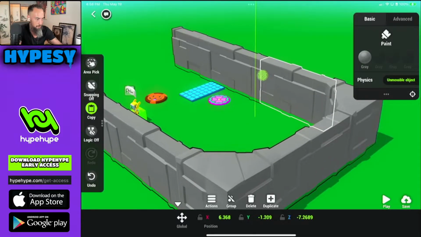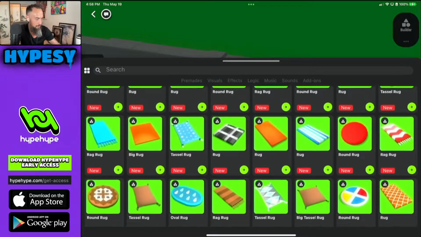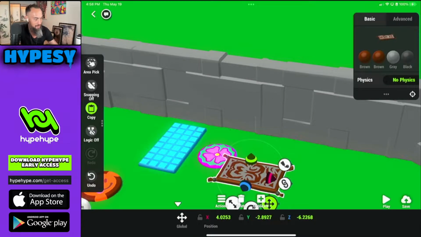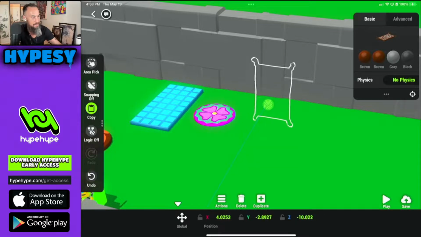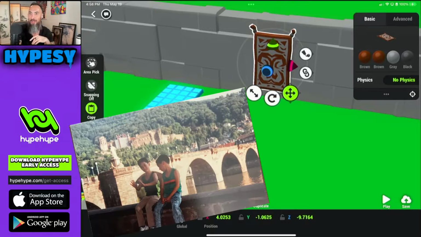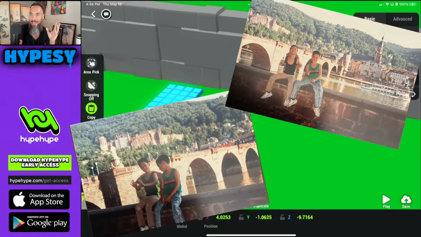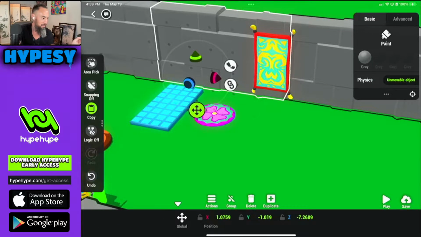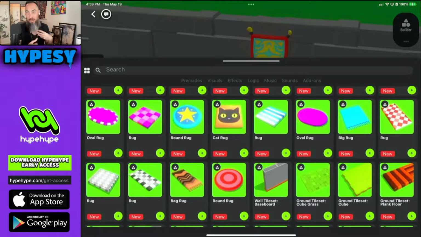Move that up a little bit and take these assets. Look at one of these rugs. This kind of looks like a fancy rug you would see hanging somewhere in a castle. When I was growing up in Germany, we would go to castles all the time. There we go. That kind of looks like a rug I would see on a wall. And it's cool because you can play around with all this stuff. You just use your creativity.